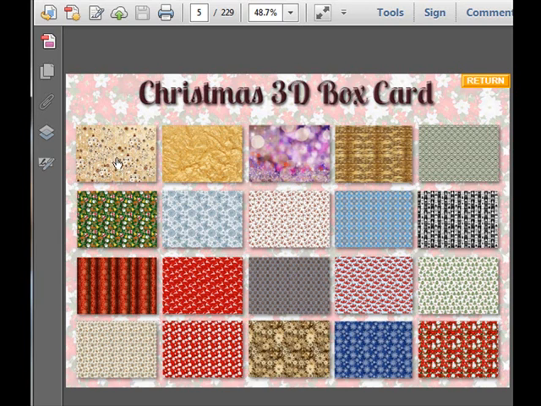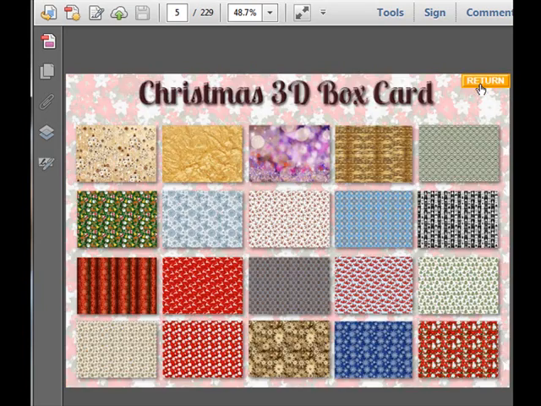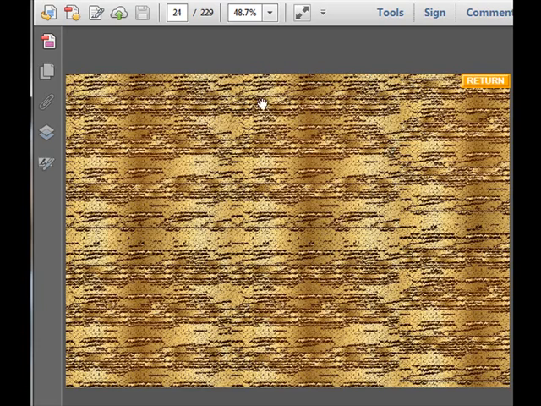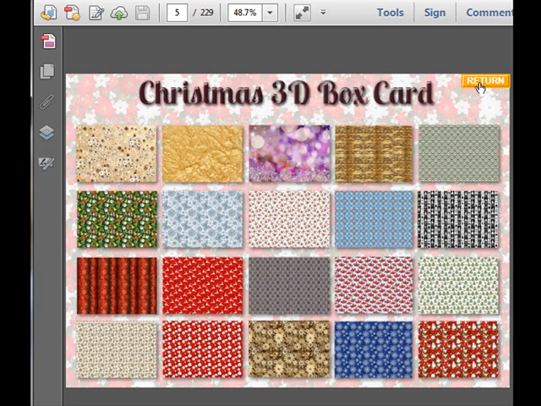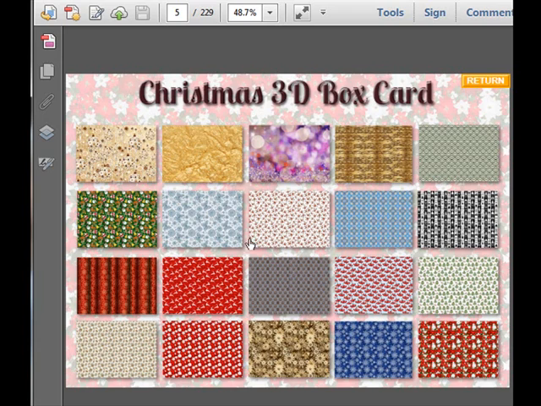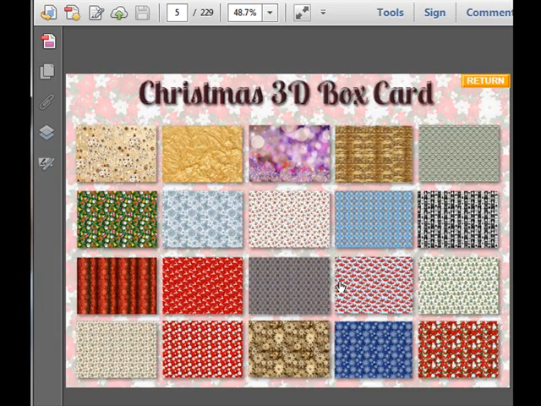As you can see, what I've done is try to choose quite a nice range, and I've tried to make things a little bit smaller on this as well to scale down to the actual box card itself. So we can see here that we've got a lovely range of coloured papers. I've gone for a gold, and this is one I rather like, a gold texture on there, through to our more traditional Christmas images here, but also we've got the butterflies as well, which are always popular. And here again a real traditional sort of Christmassy paper, a little bit more fun for the young at heart,